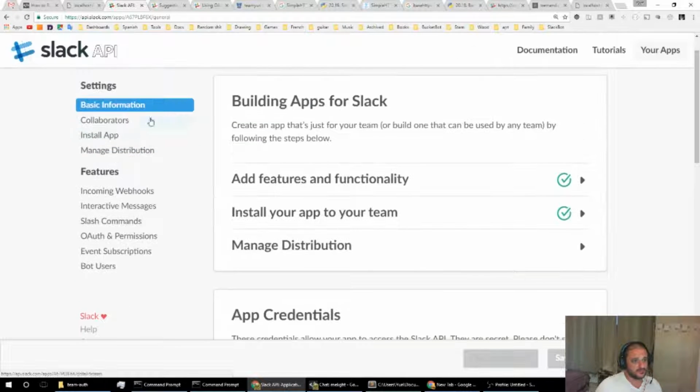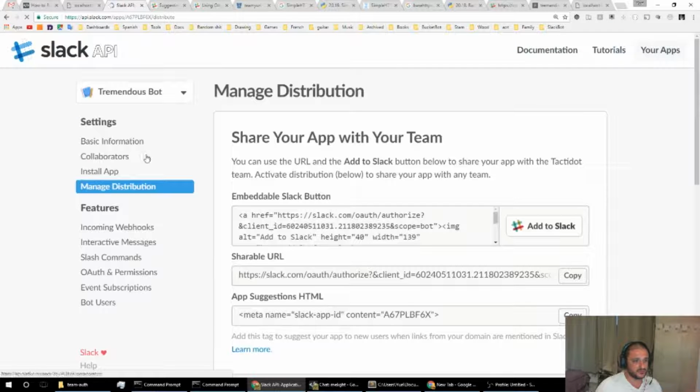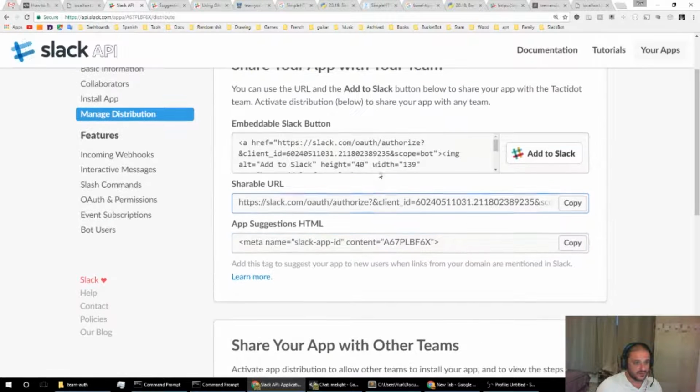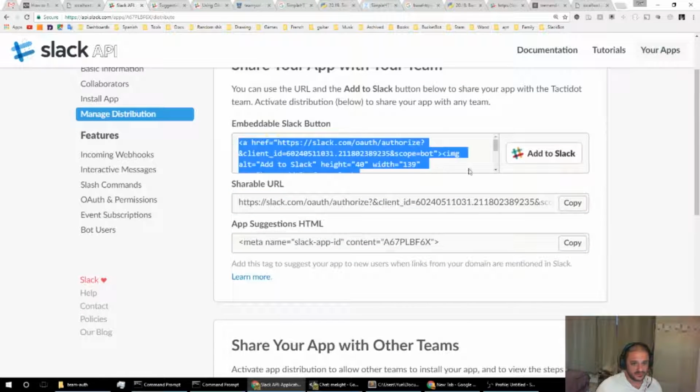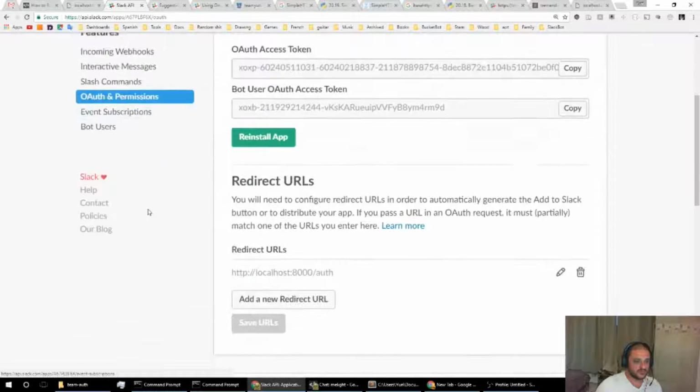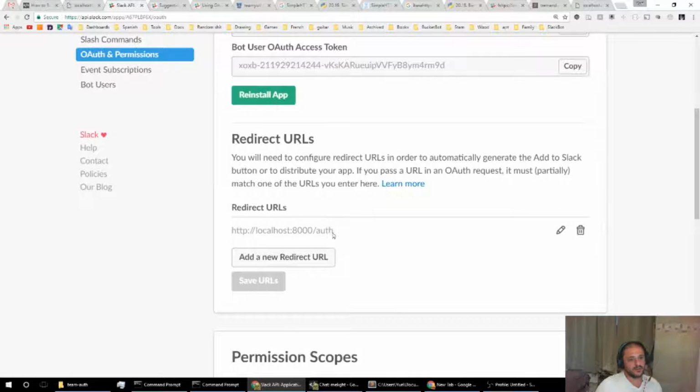You need to go to manage distribution. I already have the button and the other stuff, which, if you follow the tutorial but didn't jump forward, you don't have. In order to have these buttons, head to Slack, go to auth permission, and add a